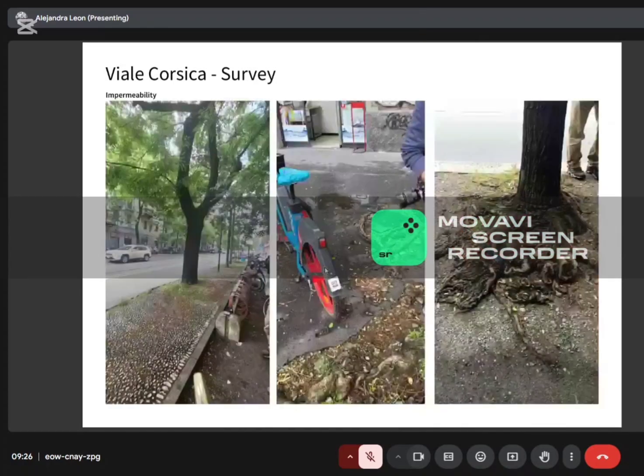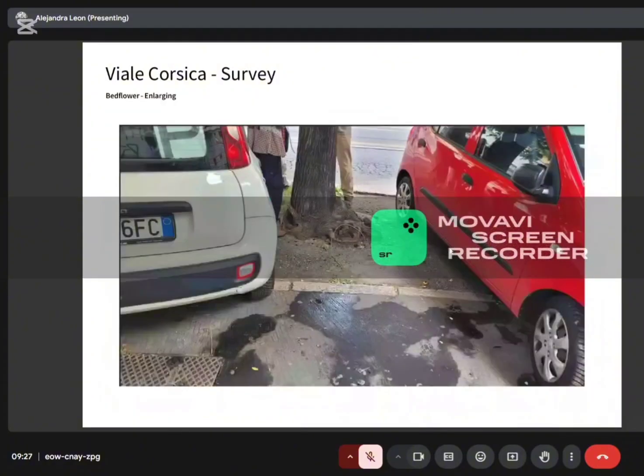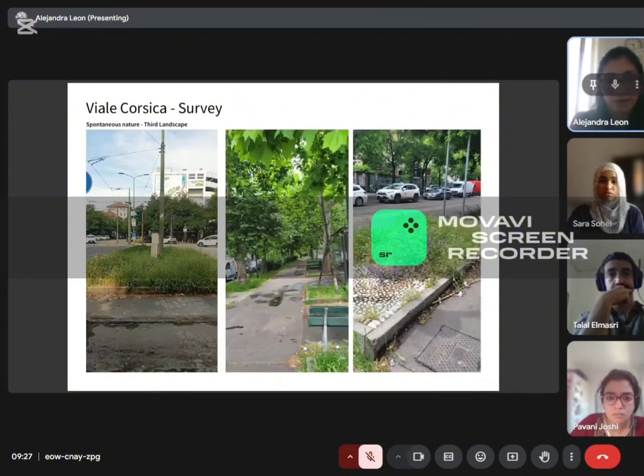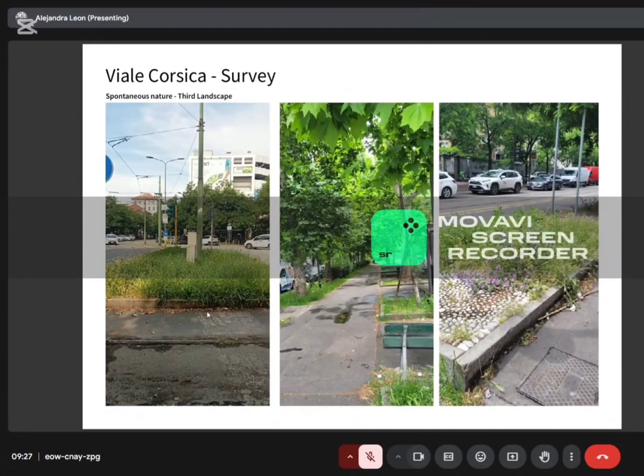to manage somehow these roots appearance here, and to give more space to the 2 layers that I was mentioning before, the spontaneous nature, and yes, to manage well all the water. And here you can see how this spontaneous nature somehow is happening there in some of the places, some neglected areas. So how can in the proposal manage it and make it formal, no, like for the 3 lines,